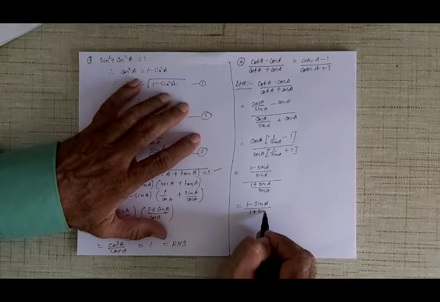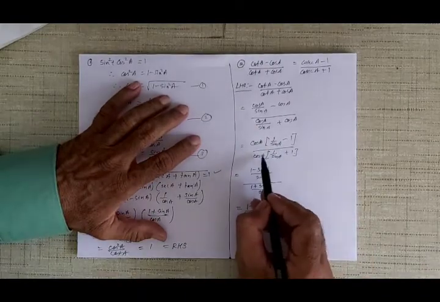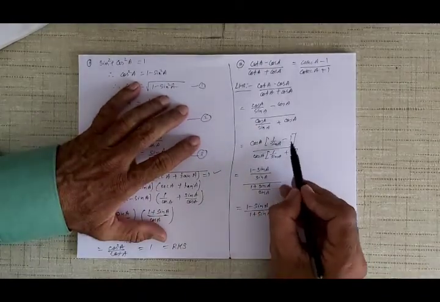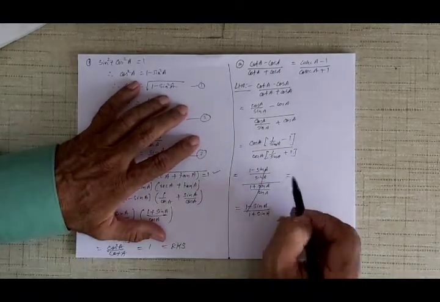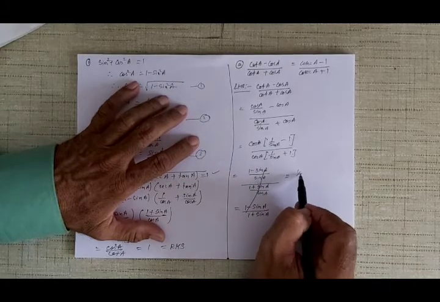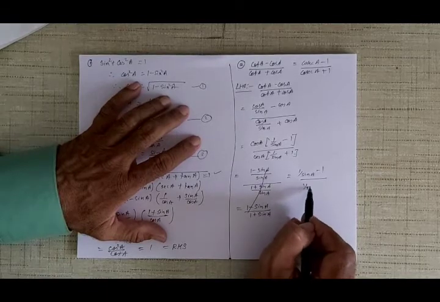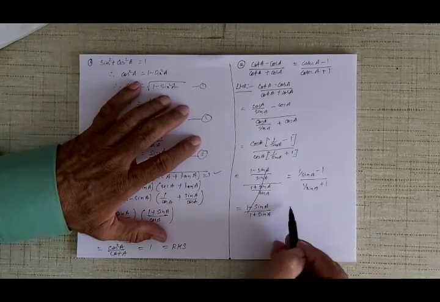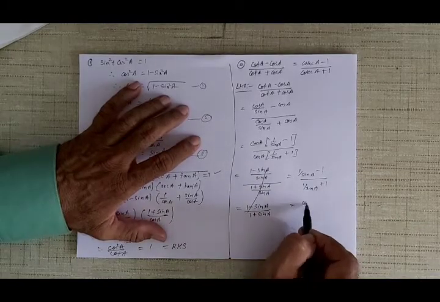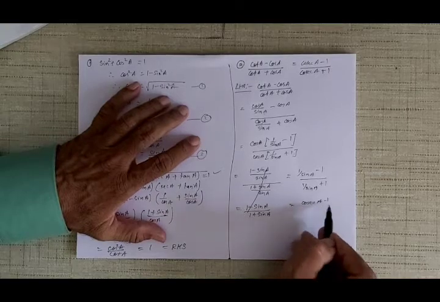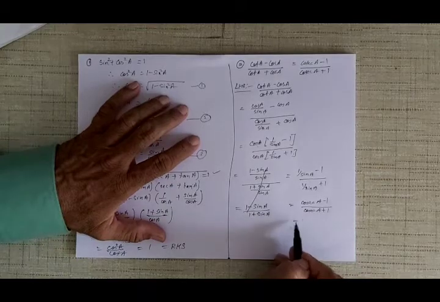Okay, now I can simplify this further, or there is no need to simplify this further. See, cos A will cancel out. Or you can simply do this, see, this part here. Cos A cancels out, I get 1 upon sin A minus 1 upon 1 upon sin A plus 1. There is no need for this step also. 1 upon sin A is cosec A. So I get cosec A minus 1 upon cosec A plus 1. And this is the right hand side.